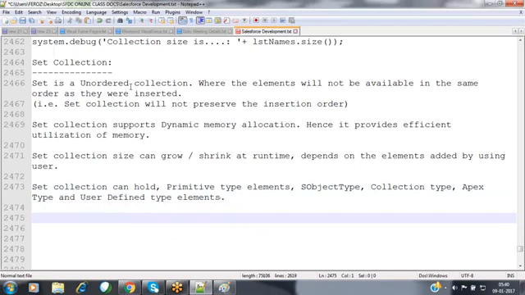All the types of elements we can store inside the set collection.